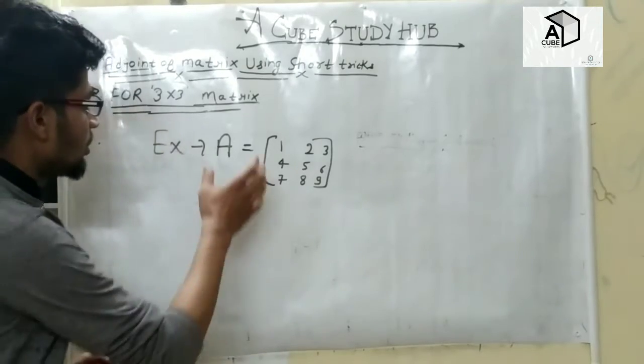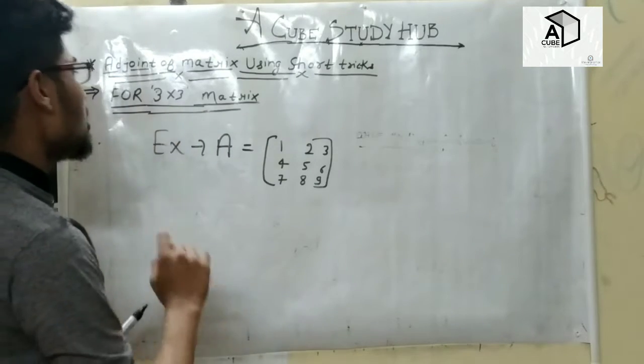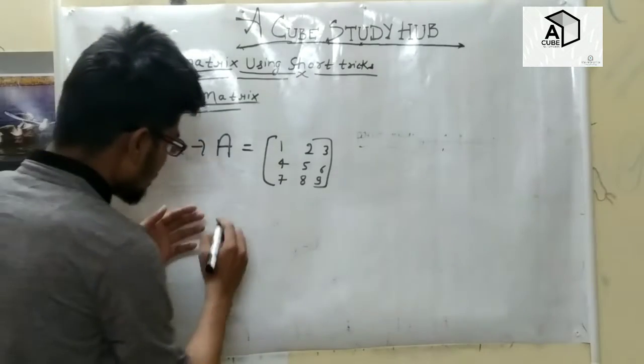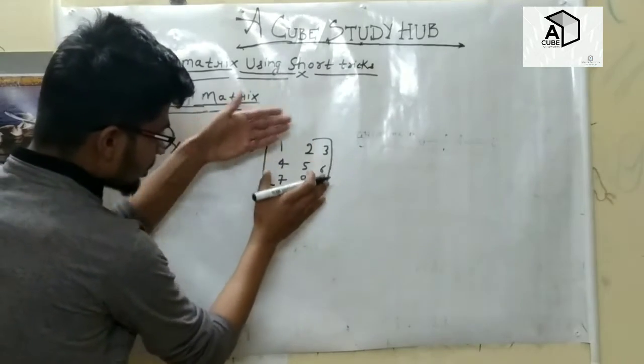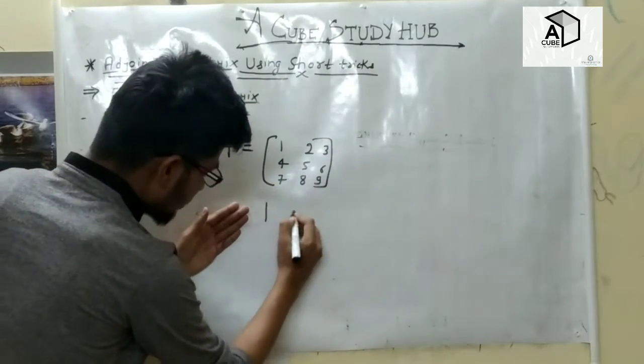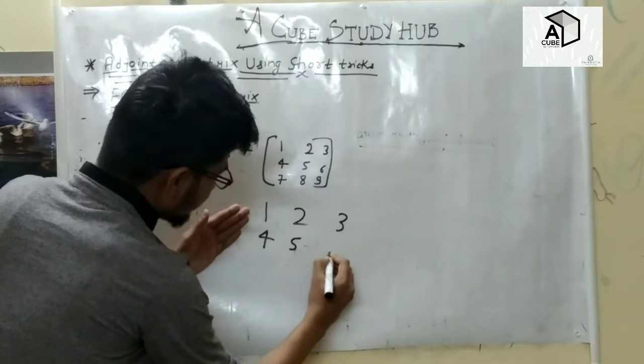So let's see what steps will be followed here for finding the adjoint of a 3 cross 3 matrix using the shortcut trick. For this we will simply write the given elements here,